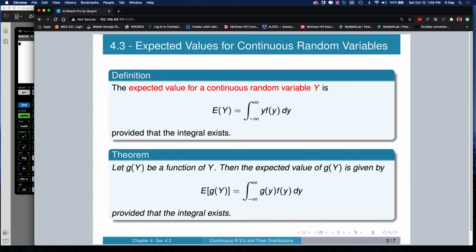So the expected value for a continuous random variable y is defined as the integral over the domain of the PDF. We still have a little f of y, the PDF here, but we multiply in an extra y. That's very similar to how we found the expected value of a discrete random variable. We took each discrete value y and multiplied it times its probability. The difference there was we had to find all the probabilities if we didn't have a formula for the expected value already, like we did with the specific